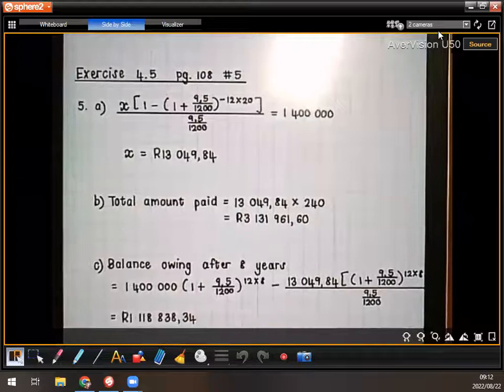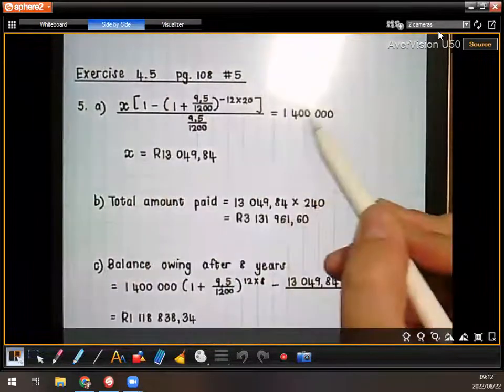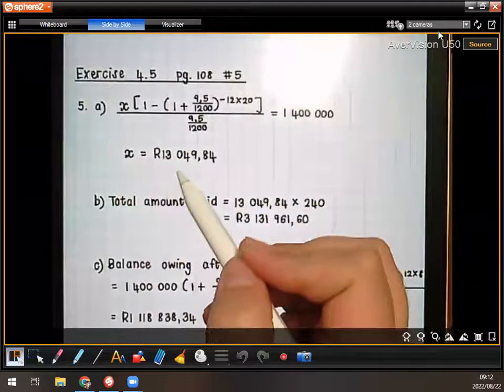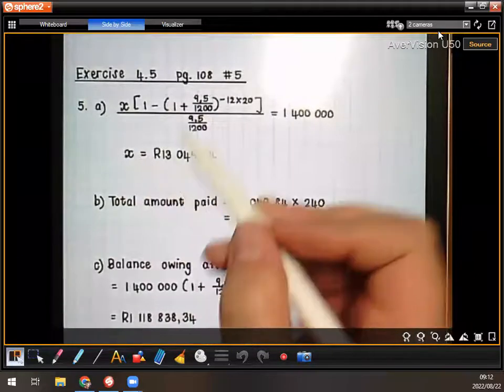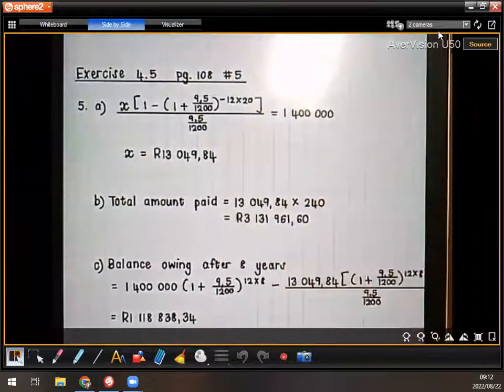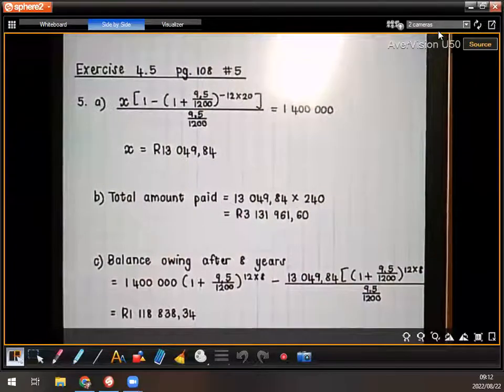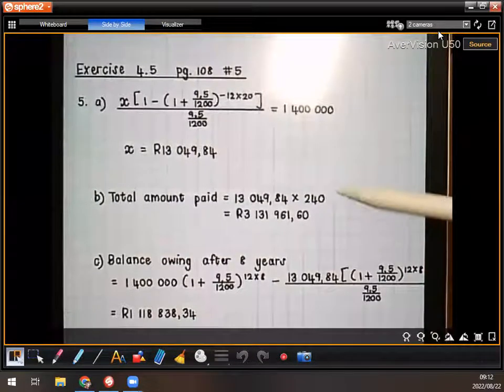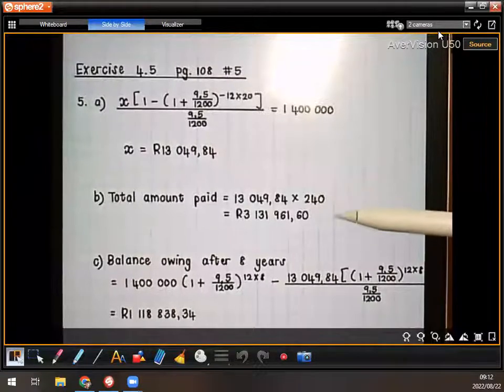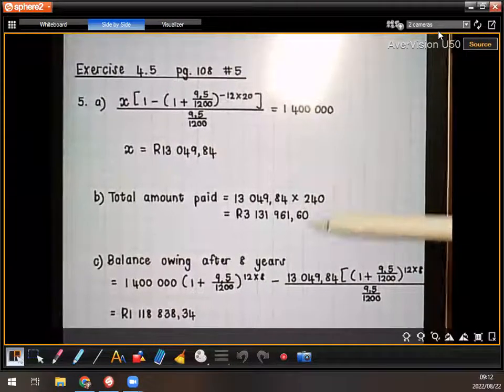We'll use the present value formula, equal to the loan amount, and we are calculating it 12 times a year for 20 years. All right, we find that one. Then for B, they wanted you to calculate how much money you paid in total over 20 years. So now guys, that's not 1.4 million, right? The loan is 1.4 million, but what he actually is paying is each monthly payment,